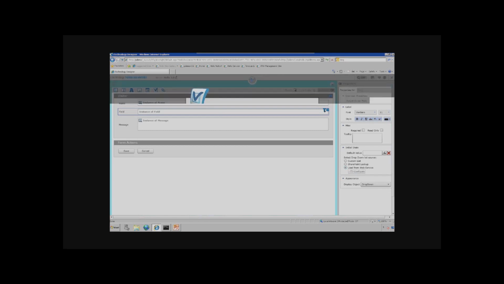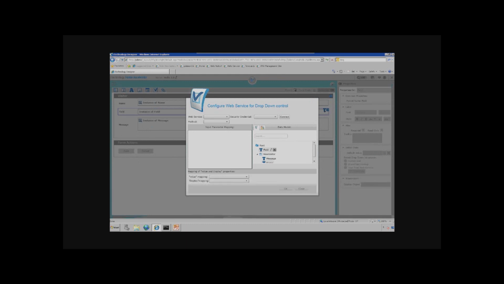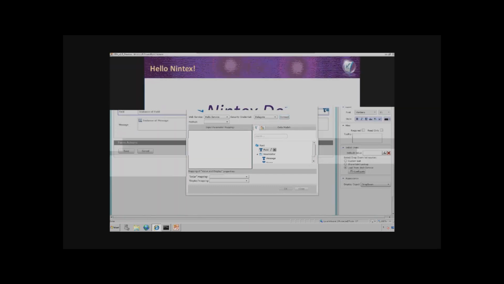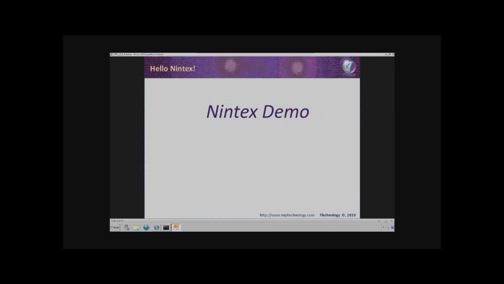It's pretty much the same user interface as the one you saw on the events, and here we need to choose a service, connect to this service, and then select which fields to be displayed as a value and as a text for the data model. So very easy, very simple, and data is coming from an additional source. It's not limited to free-entry text or SharePoint stuff. But let me move on with the next part of this demo, and this is about